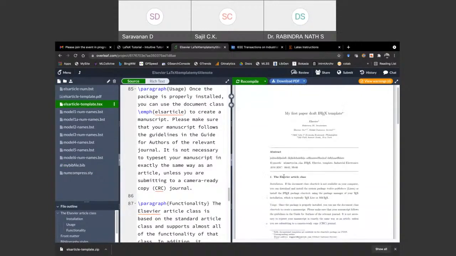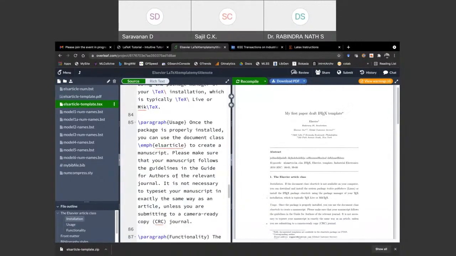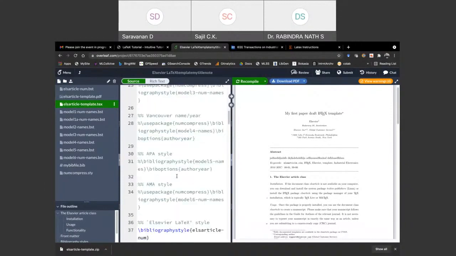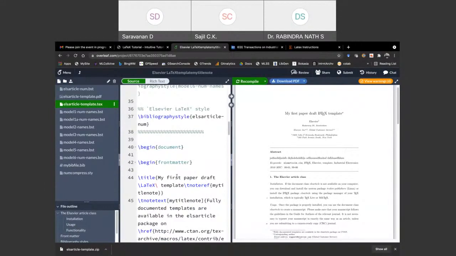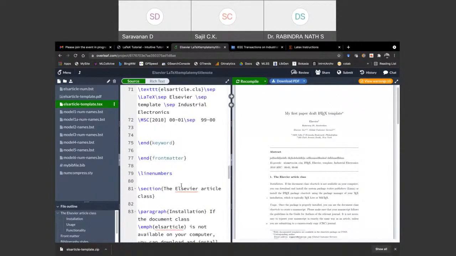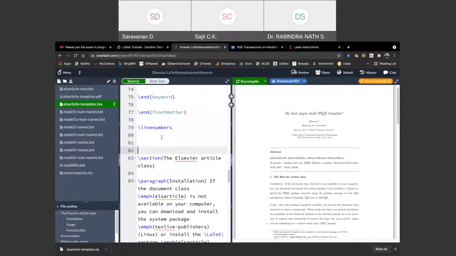For example, if I want to have one section here, this is the section, right? The first section.